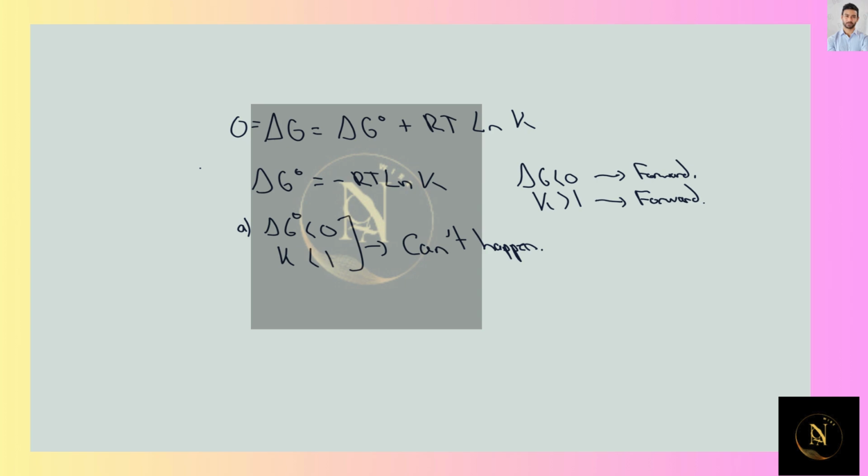Just to cover everything here, let's check out the other possible statements that were given and verify that all of them are true. In the case of B, we are told that when delta G naught is lower than 0, the forward reaction is favored. That is true. Next up, we have that when K is lower than 1, the reverse reaction is favored,